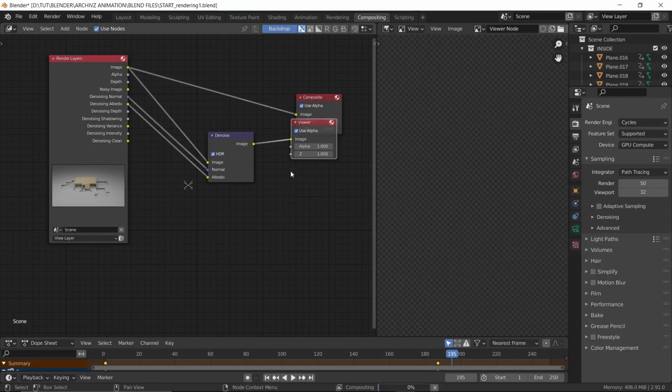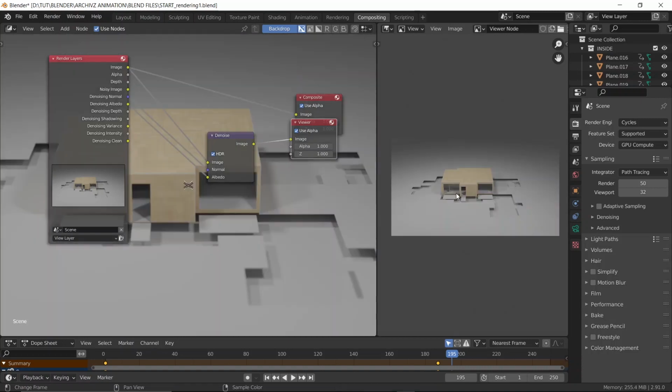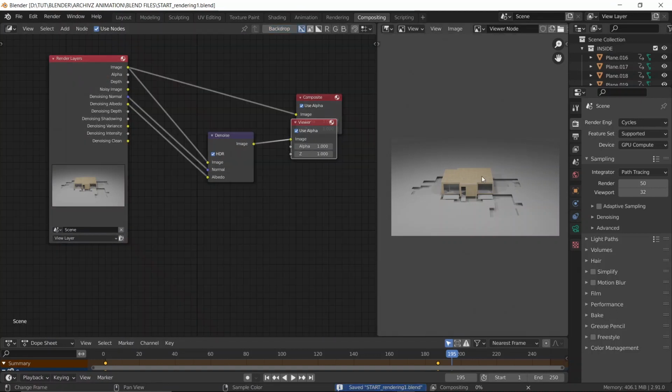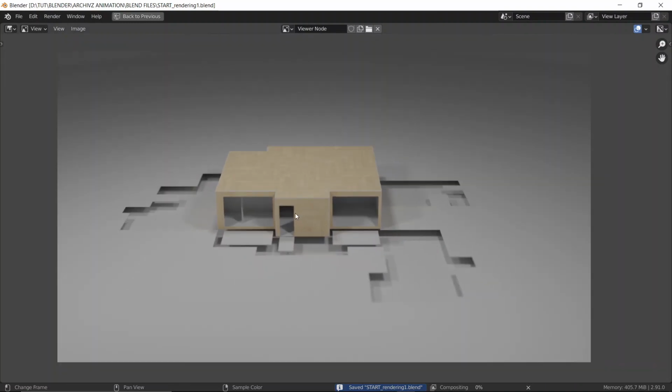Then Control Shift left click to view the render, and denoising will do its thing. It should. Also we can see over here, so I'm just going to disable the backdrop, and then hit Control spacebar to view it. And yeah, there are a couple of things that you can change if you want to,